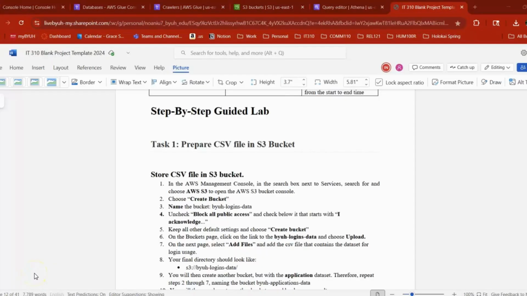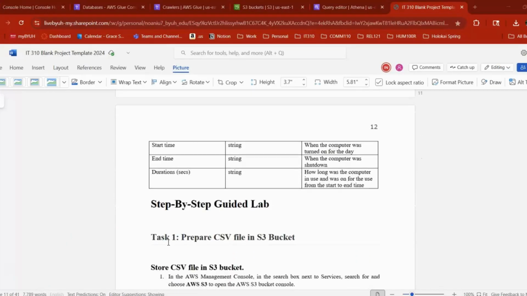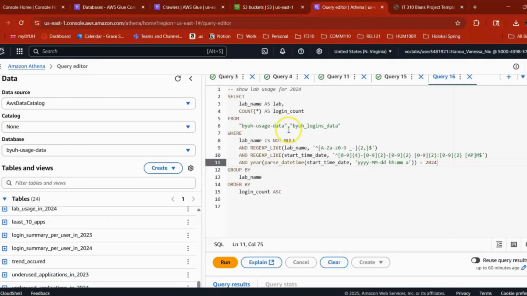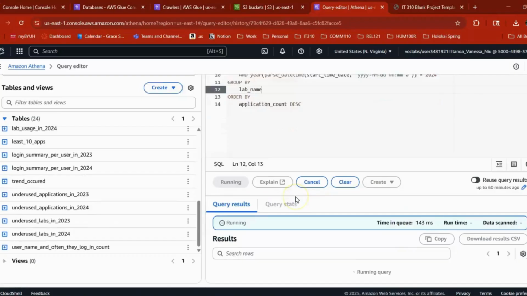Before we run our queries, I just wanted to show where our guided lab is, which starts from page 11 of our document, and I'll take us right to our Athena. We're first going to run just a few of our queries, and this one shows the lab usage, application usage for the year 2024. We're going to run that,